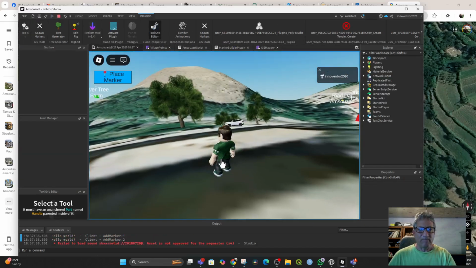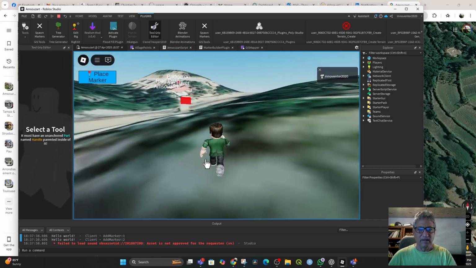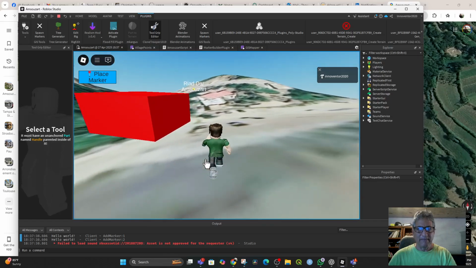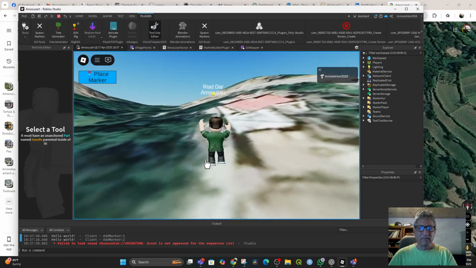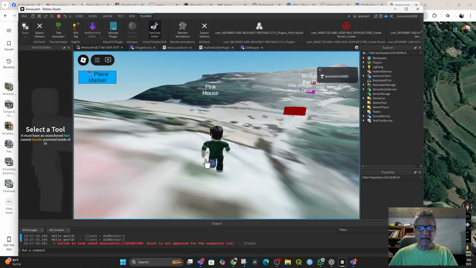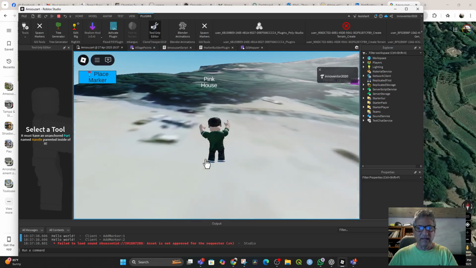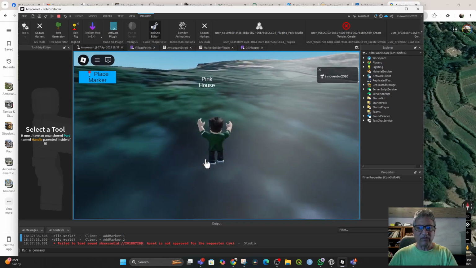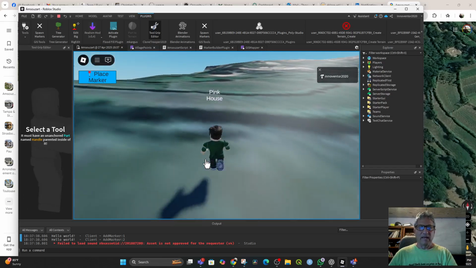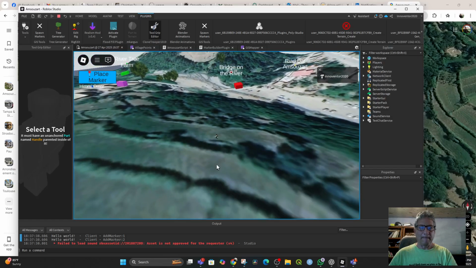Now, when we go on the landscape and run, we see that the Riyadh has been placed more or less reliably on the landscape, and the pink house is up here as well. Now, why isn't the pink house showing up? Because it's underground. And so